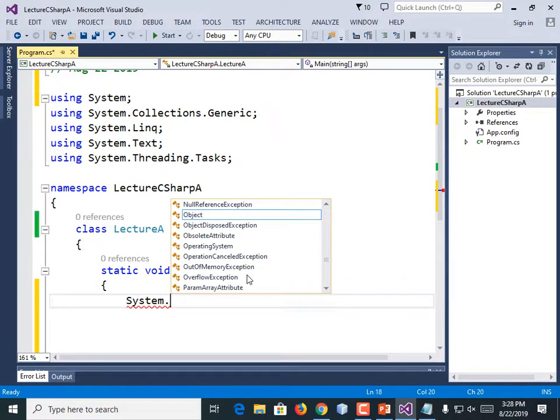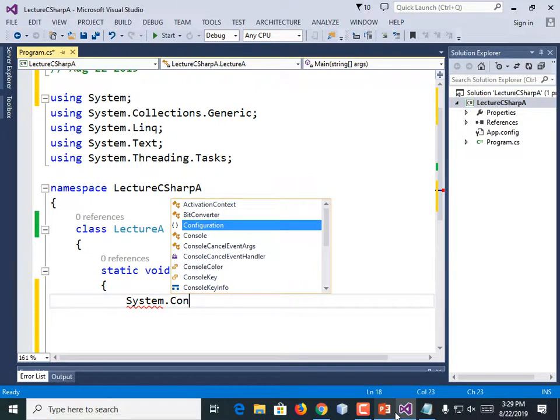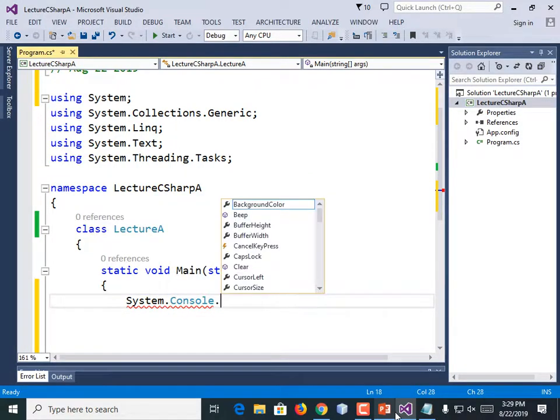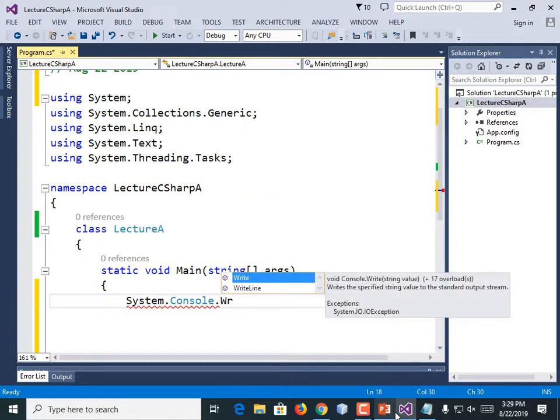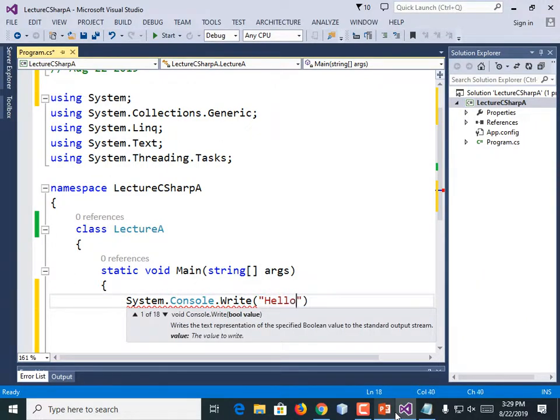It's not System.out, that's Java. System.Console. Sorry, I was just doing Java a minute ago. Console. See what I did? I highlighted the right one and then just hit enter. Dot Write, or WriteLine, parentheses, quote, Hello, space, end quote, end parentheses.